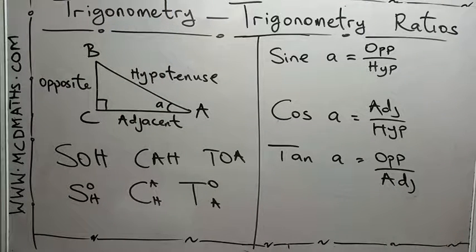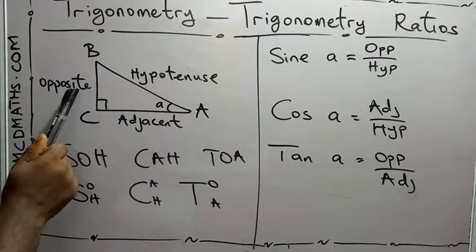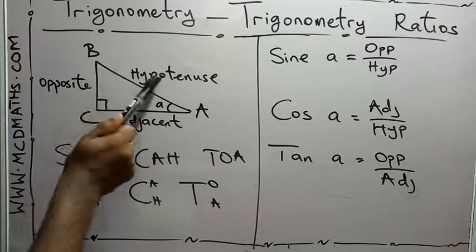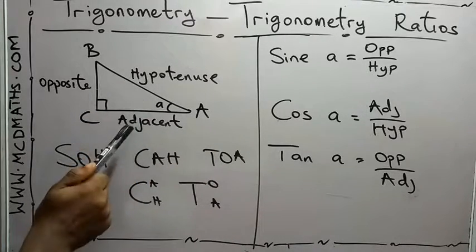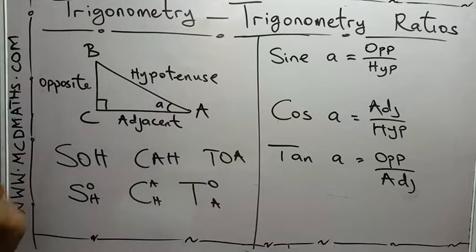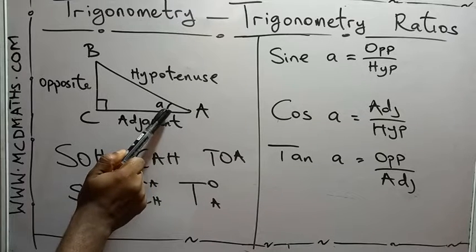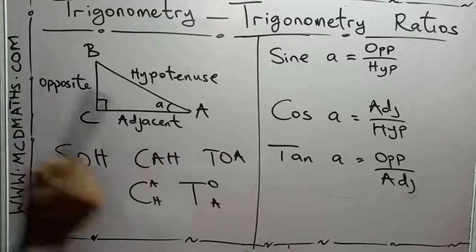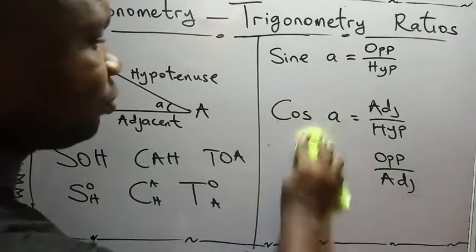If you look at this properly, you'll see that sine A relates this and this side, the opposite and the hypotenuse. Cos A, on the other hand, relates adjacent and the hypotenuse. While tan A has nothing to do with the hypotenuse, it relates the opposite and the adjacent. So we'll continue and see what happens